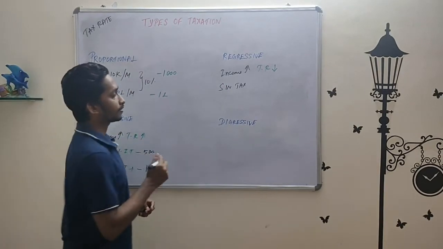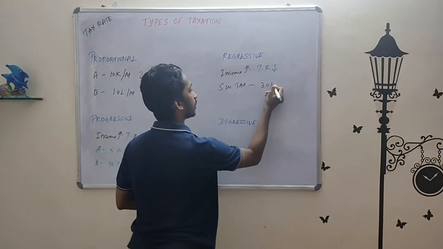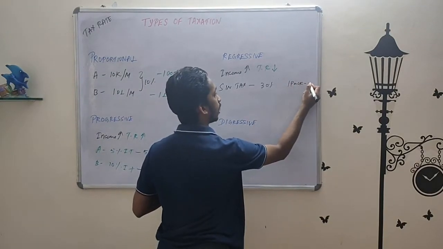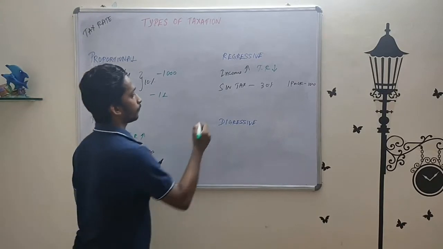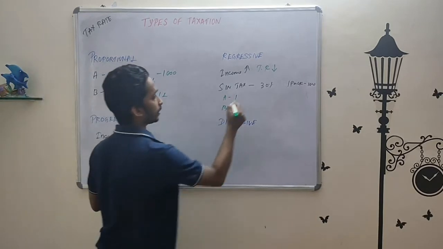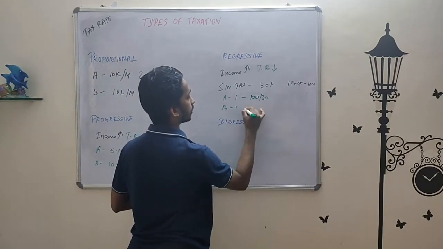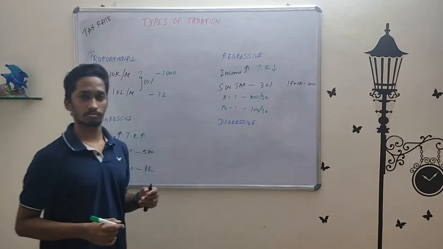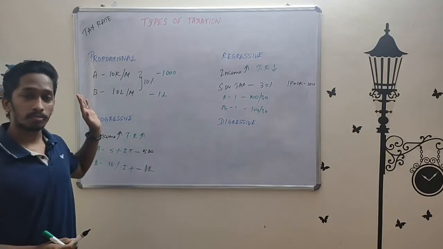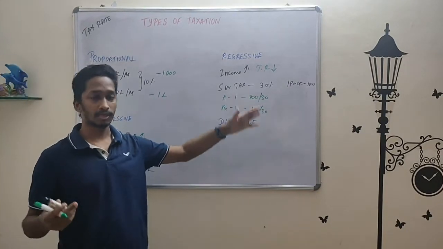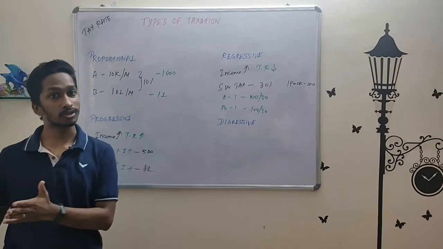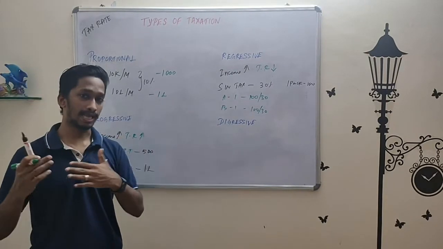With an example, we can look at this. Under sin tax, we'll assume cigarettes have 30% of tax, and one pack of cigarettes is 100 rupees. A and B both purchase one pack of cigarettes. So they are spending 100 rupees, out of which 30 is tax. Compared to their income, how much percentage would this be? A is earning 10,000 per month, so this would be 0.3% or something. Whereas B is earning 10 lakhs per month, this would be 0.0003% or something. You can see the drastic difference.